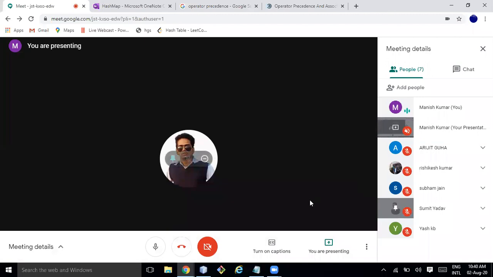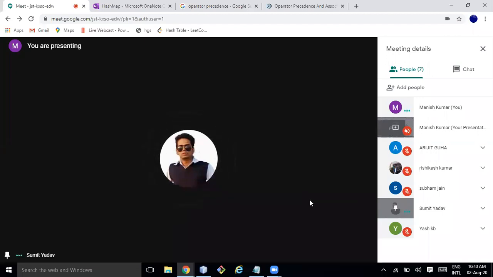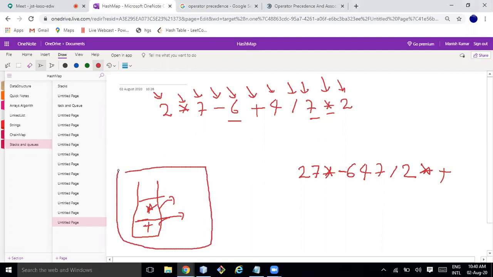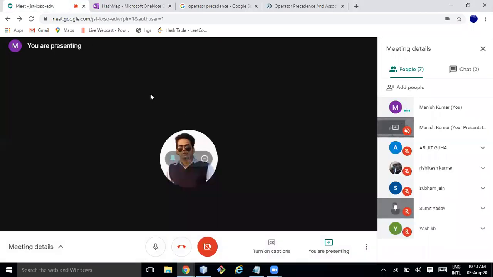Sumit, do you have any question? Any doubt now? Is it clear? Okay, cool. Now let's implement how we can solve it. You know the stack, you know the process. This is called the algorithm, and this stack is called the data structure.